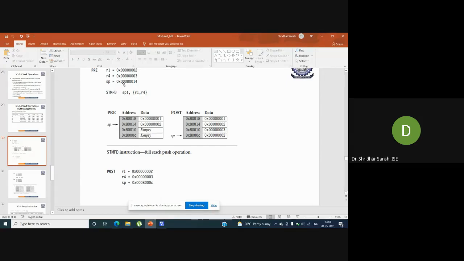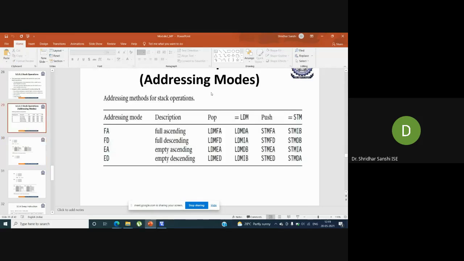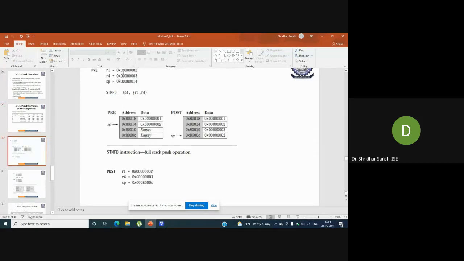If it is ascending, then it will be +4, but we are using descending here, so the next address will be -4, that is 80010. In this 80010, we are pushing the data currently carried by R1. What is the value of R1? It is 002.